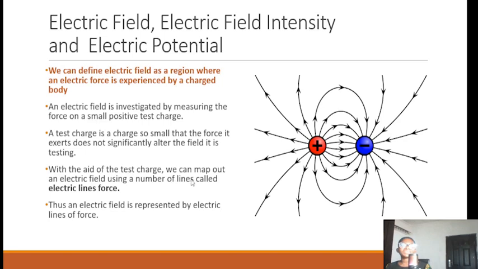With the aid of the test charge, you can map out the electric field. Yes, so using the lines called electric lines of force, we can say, okay, this is the area where the electric field is duly felt, where the electric force is experienced or felt. Thus, an electric field is represented by electric lines of force. They are imaginary. We just assume that these are the places where the force is felt. When you come to this place, this area is the area where the electric force is